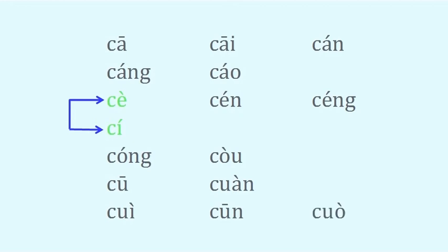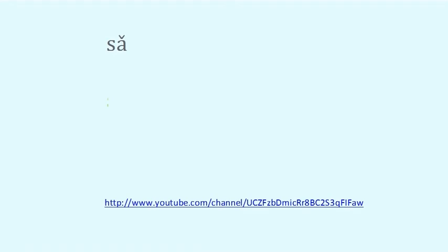Please remember that pinyin alphabet S is pronounced as the plain lips S in English, some. Here is how to pronounce the alphabet S in pinyin. SA is pronounced as sa. SAI is pronounced as sai. SAN is pronounced as san. SAeng is pronounced as sang. SAO is pronounced as sao. SE is pronounced as se.